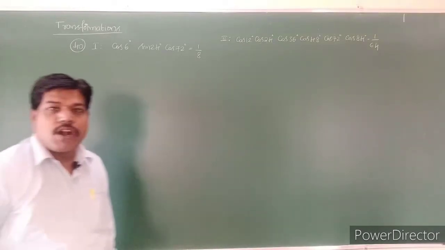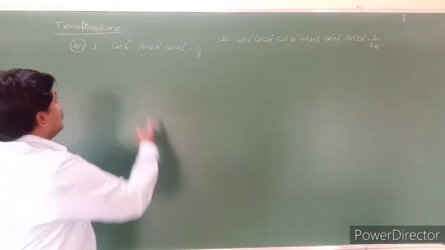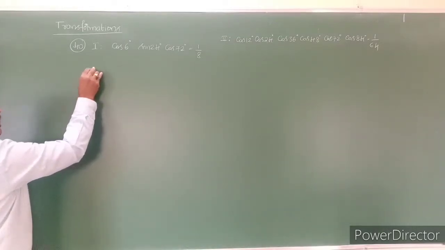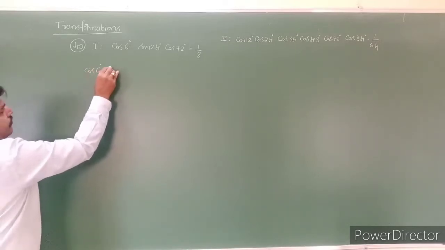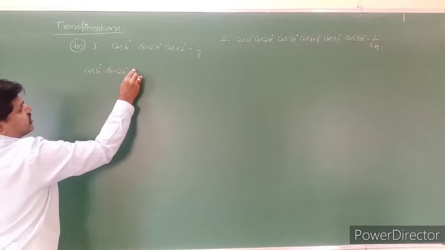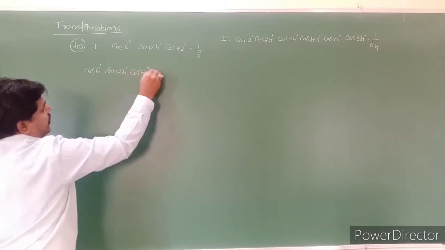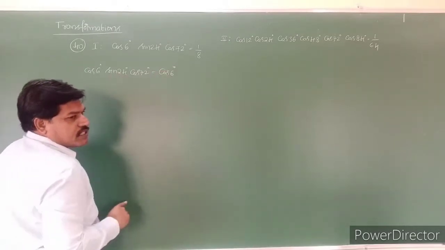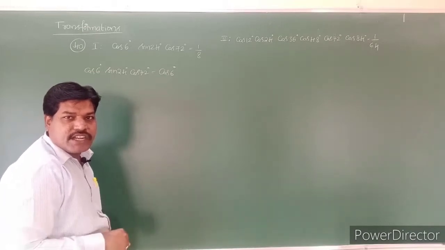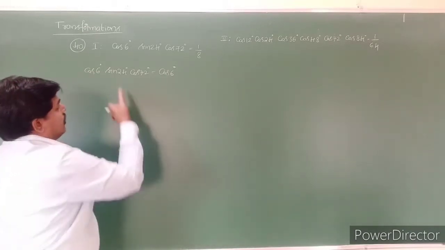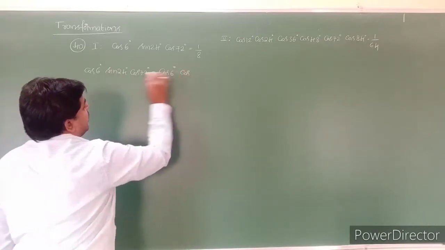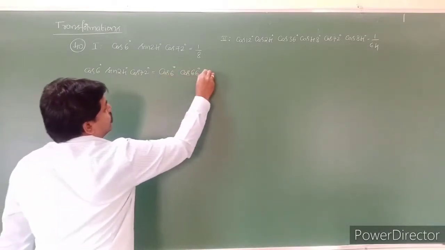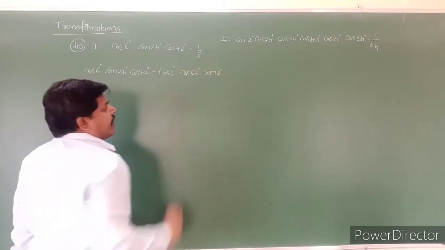So see that one here, students, what we will do. First I will take statement 1, which is equal to 1 by 8. I will verify this condition. Cos 6 sin 24 degrees cos 72 degrees. Sin theta you can write as cos 90 minus theta, yes or no? So this value, 90 minus 24, becomes cos 66 degrees into cos 72 degrees.